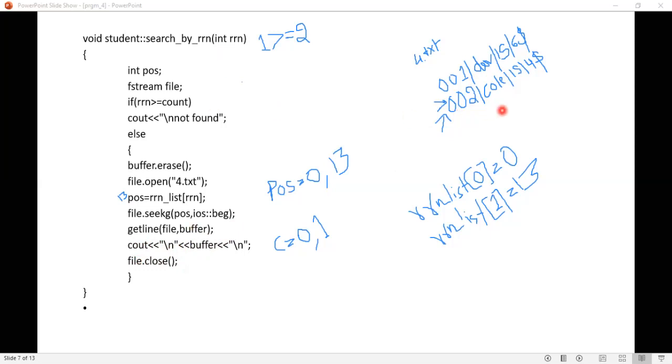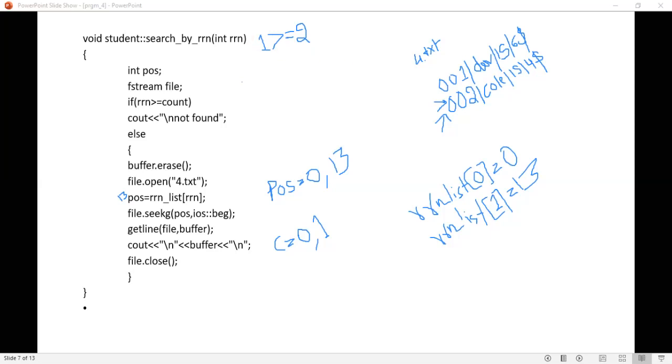If this particular RRN is found, that is with 1, then the record of that particular RRN will be retrieved. Usually the RRN starts from 0.